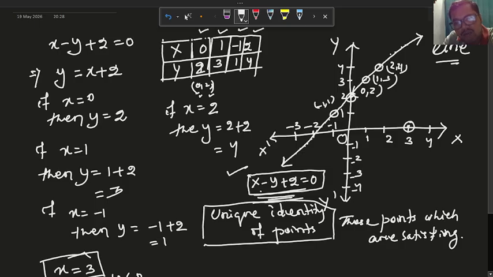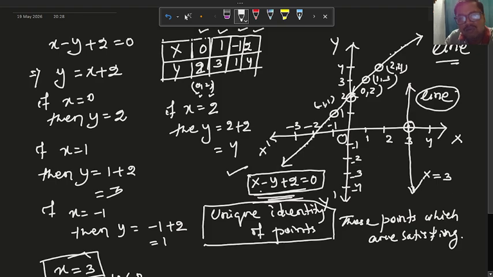So, y may be 1, y may be 2, y may be 0, y may be minus 1, okay, but x will be constant. So, the graph will be here. This line represents x equal to 3. So, x equal to 3 line is also a line,